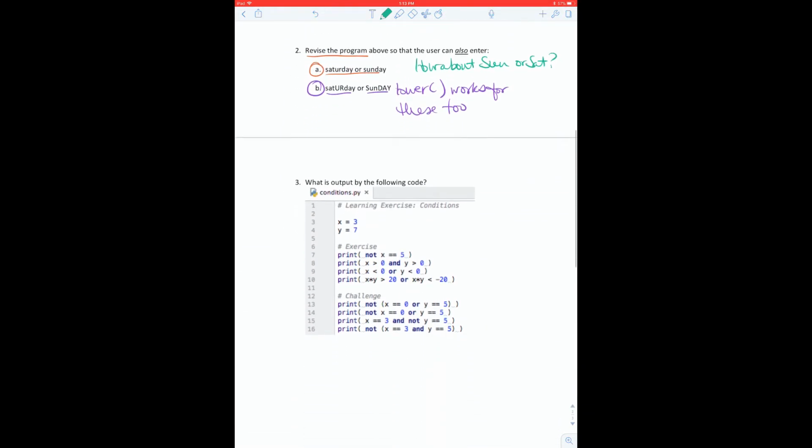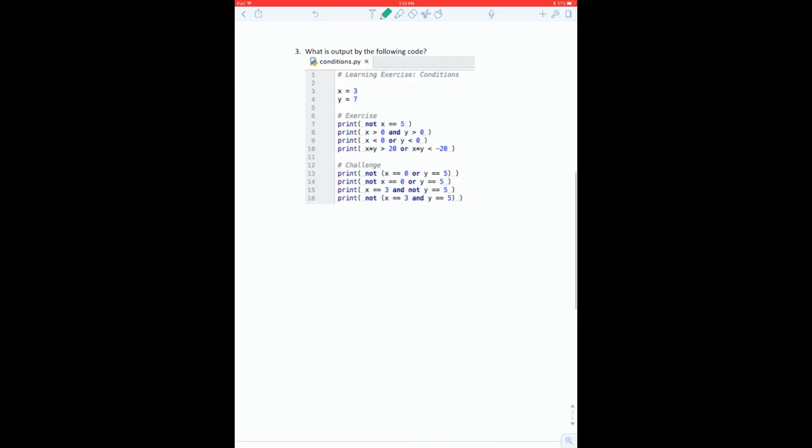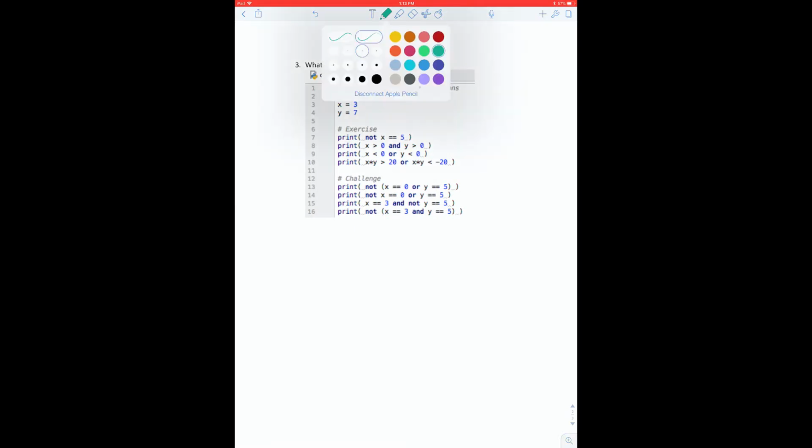Okay, so let's continue on. What's going to be output by this code? So in this example, we're exploring some of the different components that can come as part of an if condition. So let me just clarify this. A template